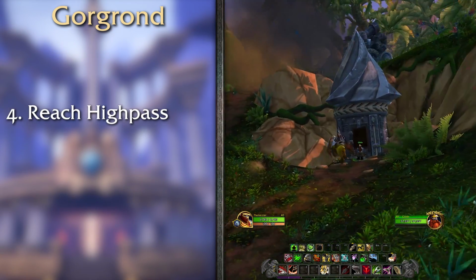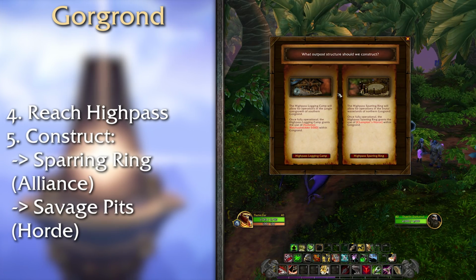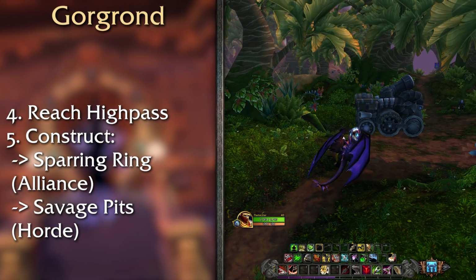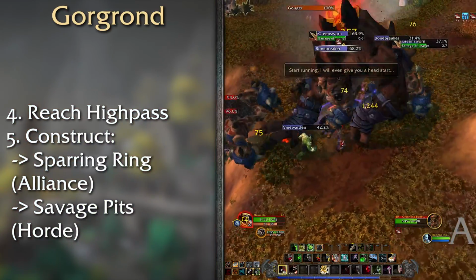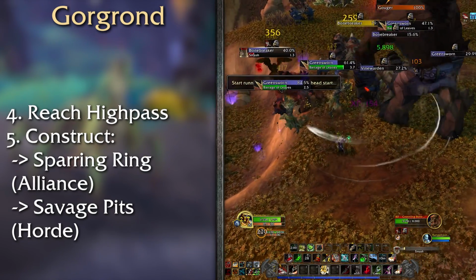That will be the main hub in Gorgrond, and as with Talador, you will construct something here. Savage Pits seems to be the best thing to make. Either of the 2 buildings give you a special ability. The Pits lets you summon dudes to fight with you once every 10 minutes. This can be used when you pull a whole bunch of packs together when doing multiple quests at the same